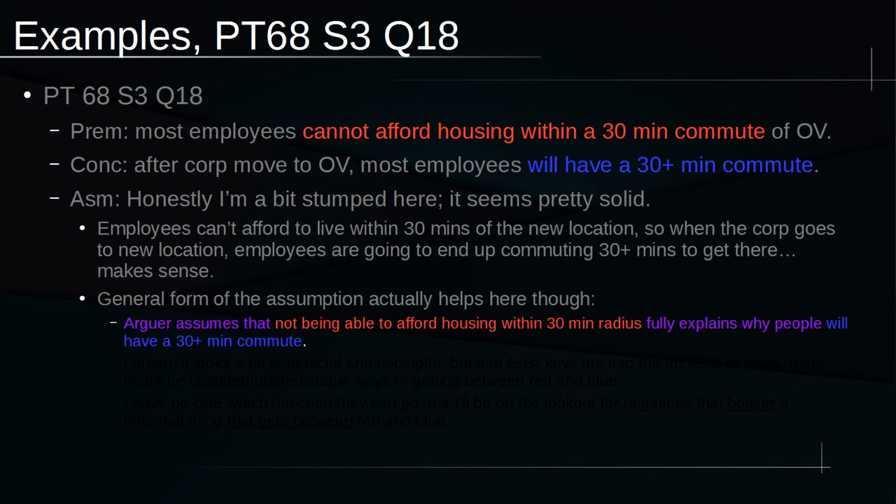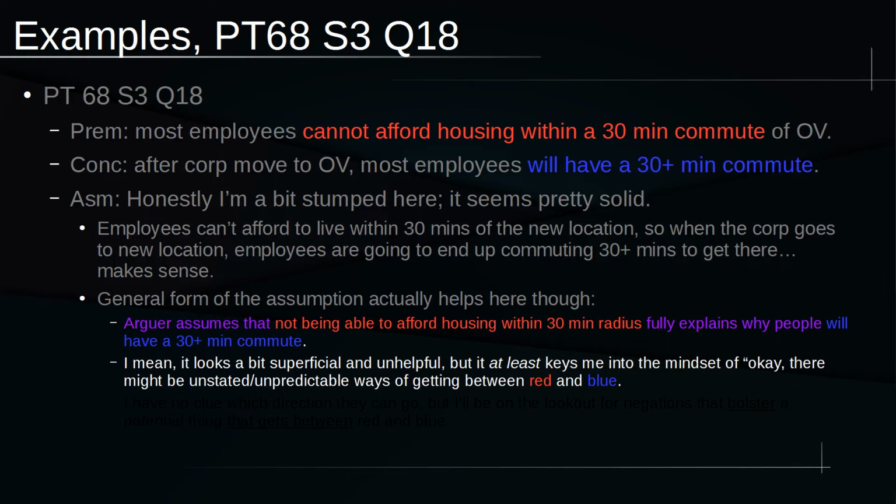So what I'm coming up with here is that the arguer assumes that not being able to afford housing within a 30-minute radius fully explains why people will have a 30-plus minute commute. It does look a bit superficial and unhelpful, but at least looking at it this way through the general form of the assumption keys me into the mindset of, okay, there might be some unstated or unpredictable ways of getting